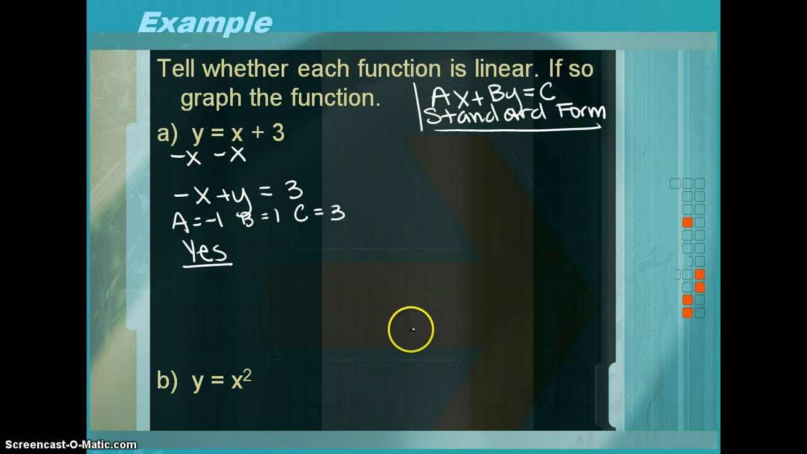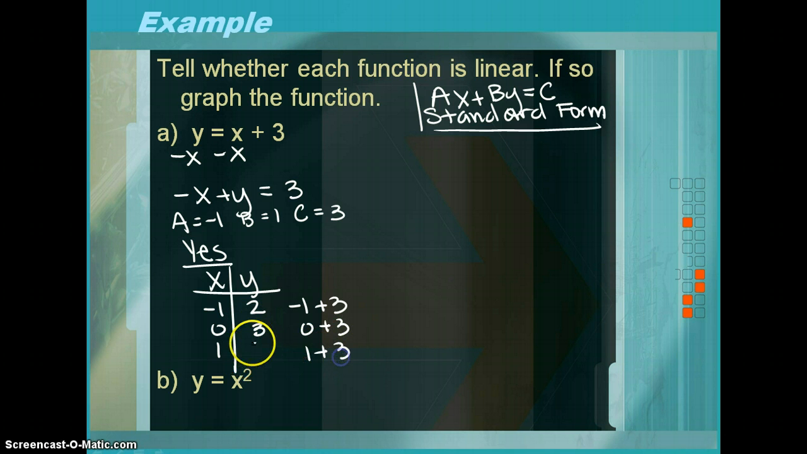To graph it, you would want to make a t-chart. Because it is linear, you do not need a whole lot of points. Probably about 3 would be fine. So in this case, we can go ahead and plug in negative 1, 0, and 1. So negative 1 plus 3 is 2, 0 plus 3 is 3, and 1 plus 3 is 4. So to graph it,